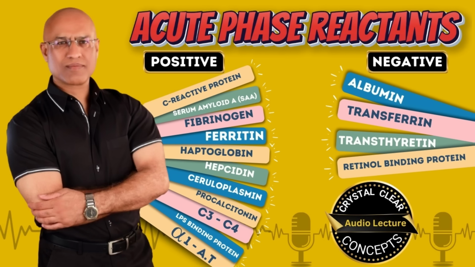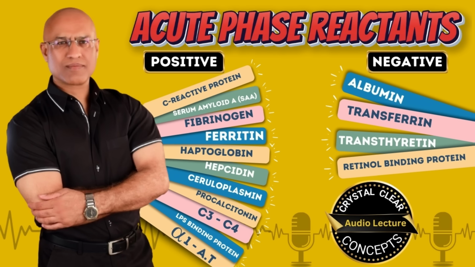It is not exposed on the surface. Now, when C-reactive protein sticks to the pathogens and to our damaged cells, it acts as a red flag. Number one, it acts as an opsonin. How does it act as an opsonin? Actually, C-reactive protein receptors are present on neutrophils and macrophages. So neutrophils and macrophages can